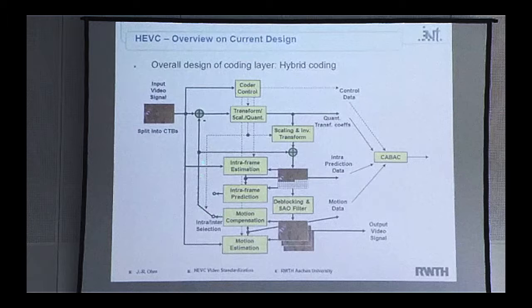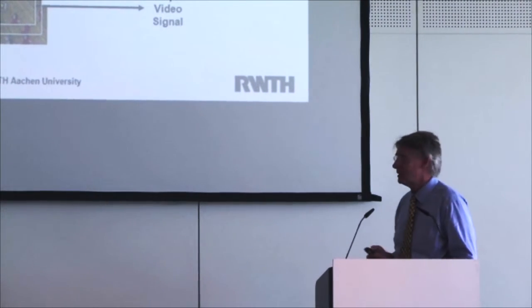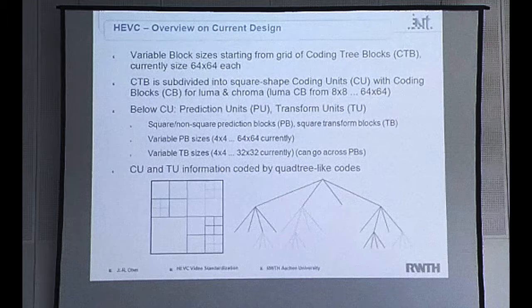What is different here is this picture is split into what we call coding tree blocks. Coding tree blocks are larger regions of a picture than the traditional macroblocks, 16 by 16, that all the previous standards had. Also, the transform is allowing larger sizes now. And all of these blocks are a bit better optimized in crunching out the last redundancy out of the information that we have. This is, I would say, one of the major new things of the standard.